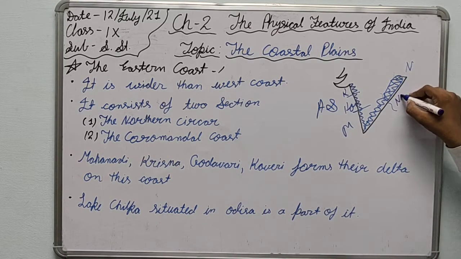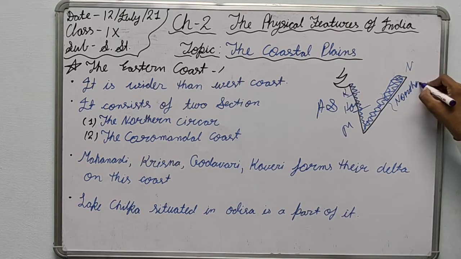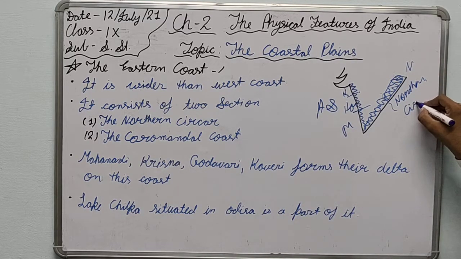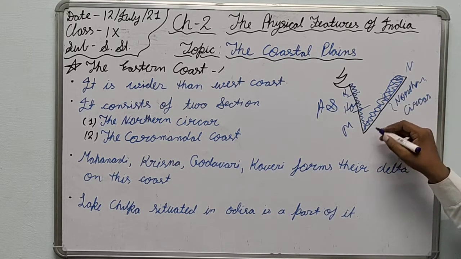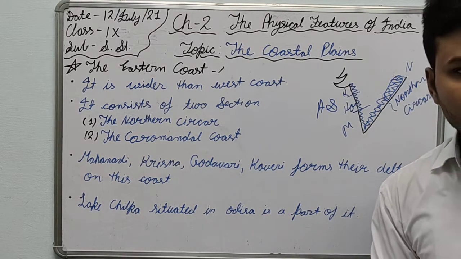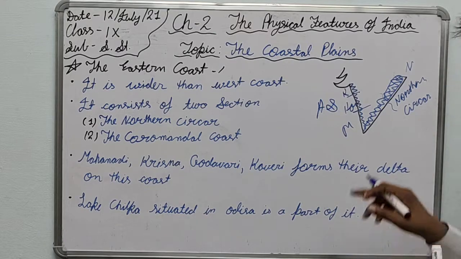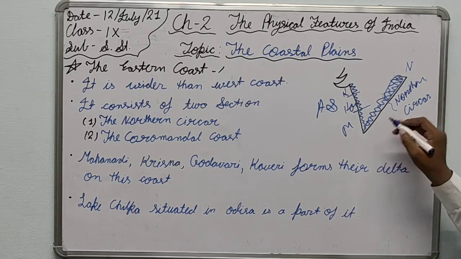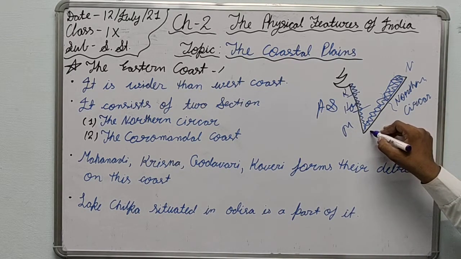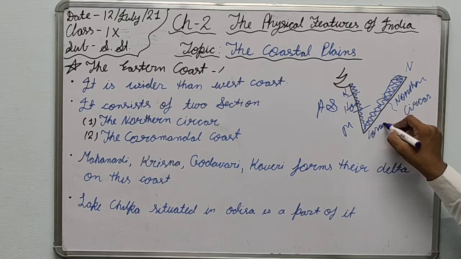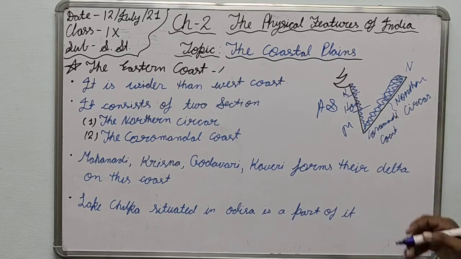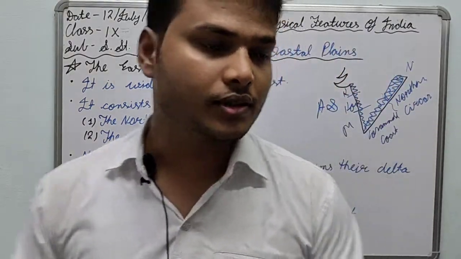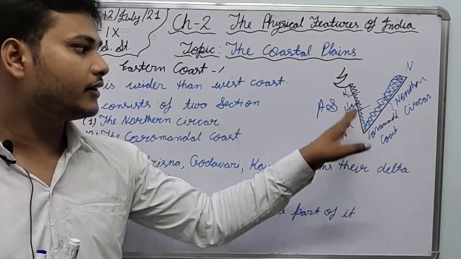is known as the Northern Sarkar. And in the south direction of this Northern Sarkar, the southern portion of the eastern coast, this one is known as the Coromandel coast. Okay, so I hope this is clear that in the western margin of India there is the western coast,